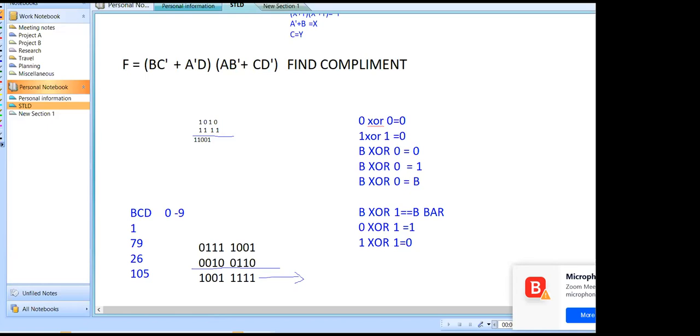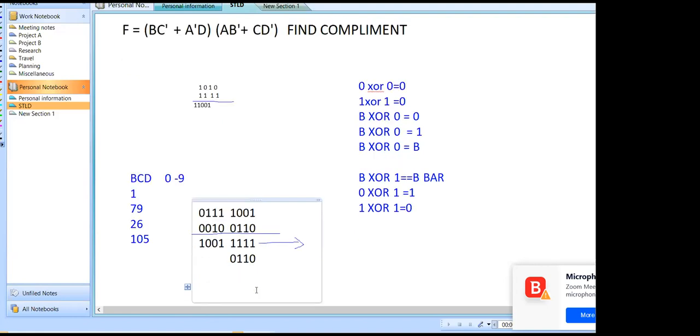Wherever the sum is greater than 9, we need to add a correction of 6. By making this correction, see what the result is. By making this correction, if you observe the result, I am getting the result as, see, I will write the first result, and then I will explain the correction.